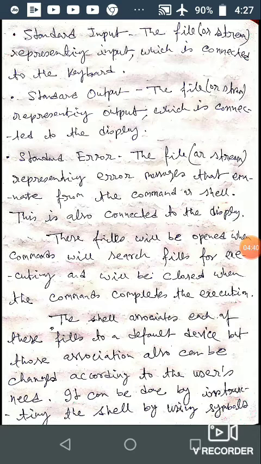How can you change it? Whenever you want to change the association, you can use symbols like the right arrow or left arrow. For this purpose, let us move to our next page.